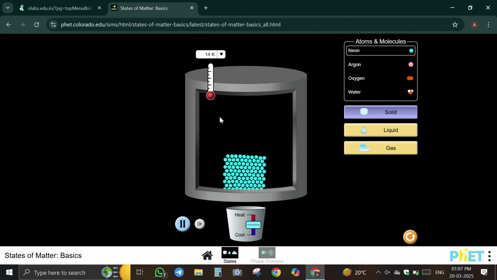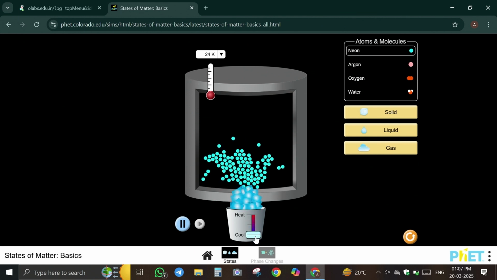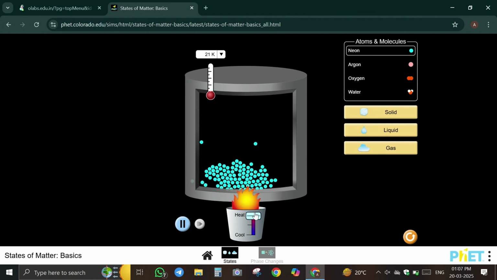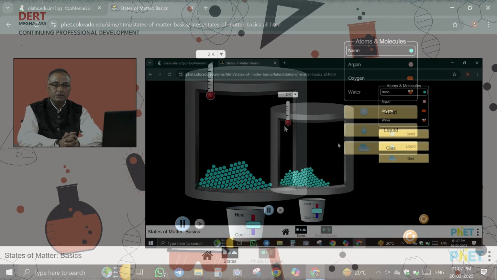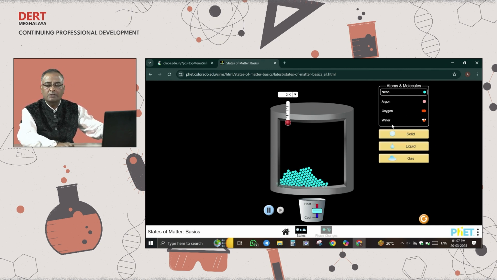This activity also helps us to increase the heat content of this substance or decrease. We can supply heat, we can also take away heat from the system, and observe the changes that take place as we supply heat or take away heat. Using this experiment, we can establish a link between the theory and the practicals in the classroom using the virtual environment. If we select another substance, say water,